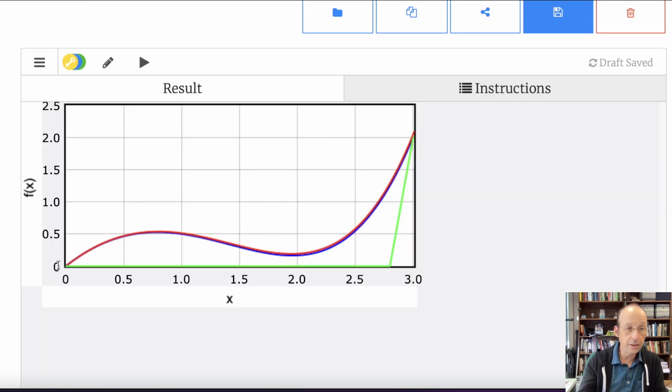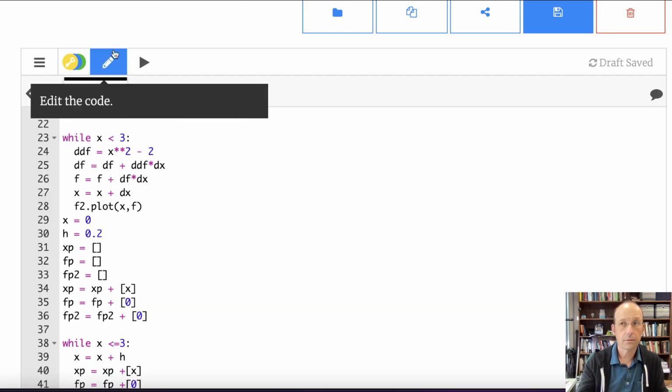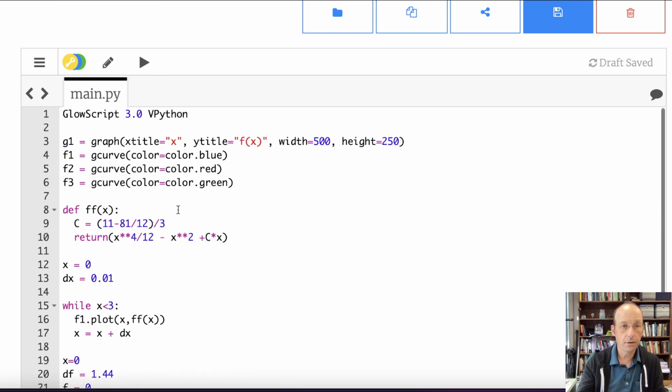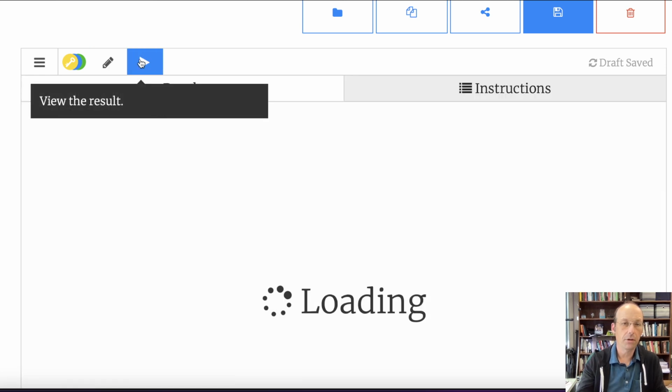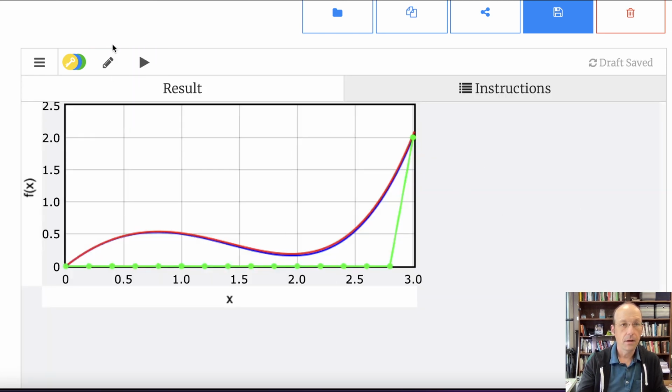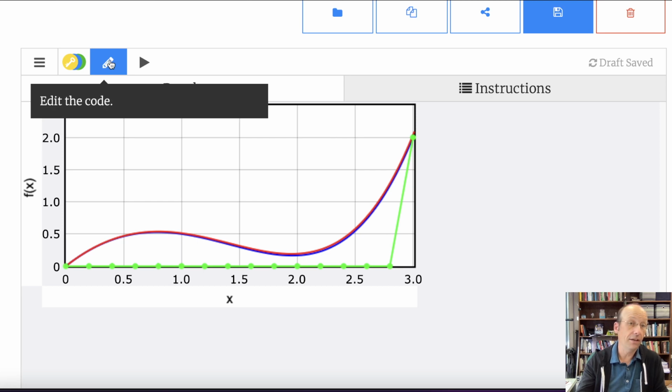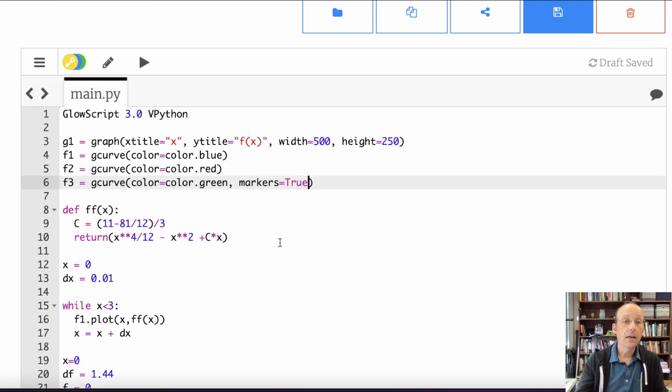There it goes. So you'll see here I start off with f is 0. There's finite values up here, and there's my last one. They're big step sizes. How do you turn on the markers equals true? So if I go up here, markers equals true. Now I'll put little dots there. I like that better. Okay, so that's good. That's my first guess. Now I want to go through and change all those.